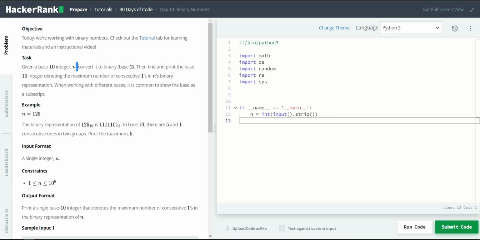So we have n, we need to convert it to binary. Then we should find and print the maximum number of consecutive ones in this binary representation. Okay, so let's say, for example, if our n is 125, then the binary representation of the number is this